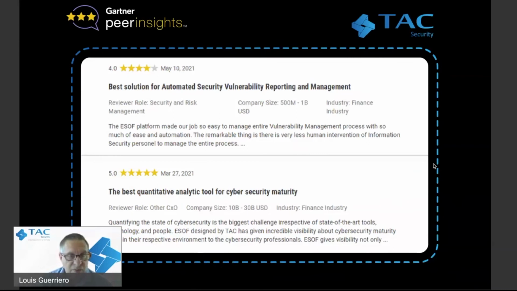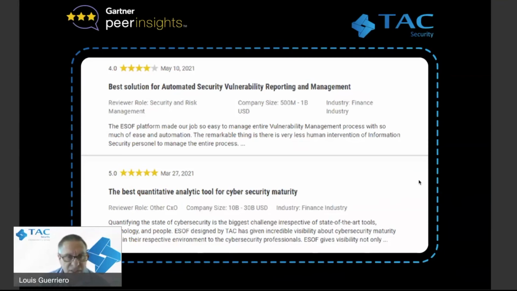With our tool and its ability to provide complete automation for these types of management services, they were able to see exactly what they were looking for, unlike what they were using in the past. We provided a level of certainty so they could be very comfortable in terms of what our tool was able to identify. And the ESOP platform is the core technology that allows that to happen.